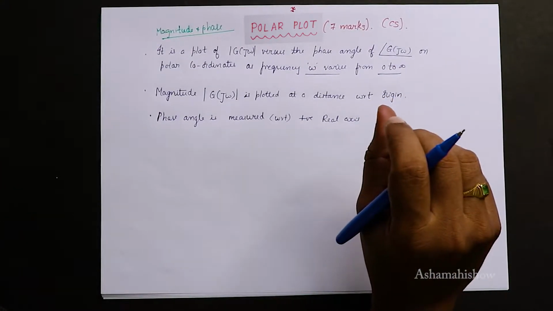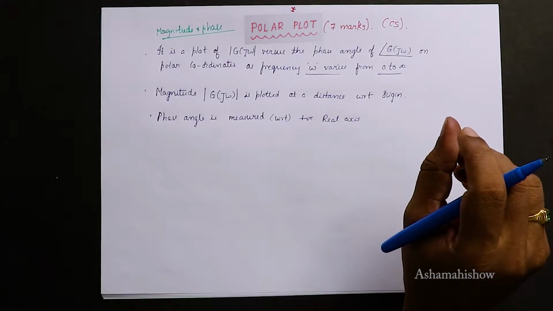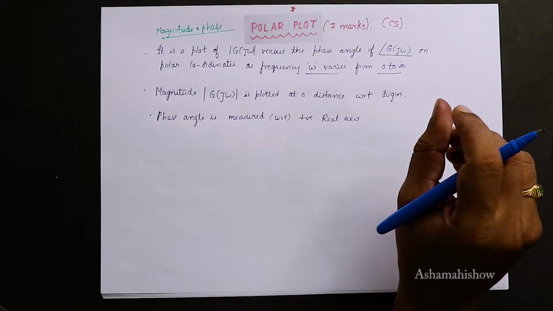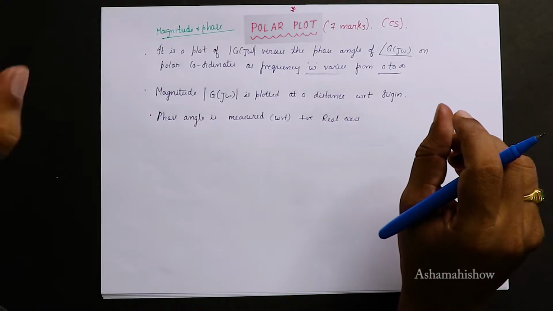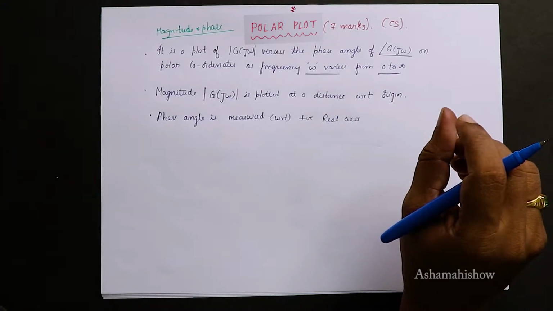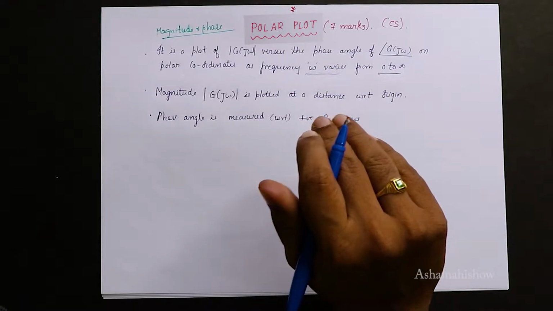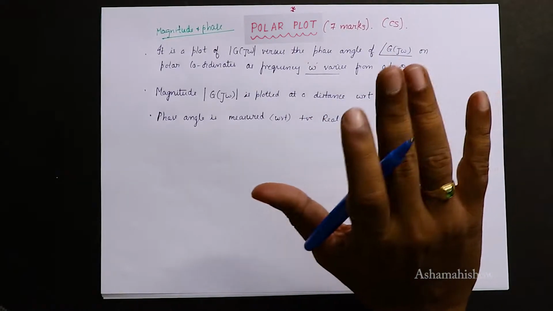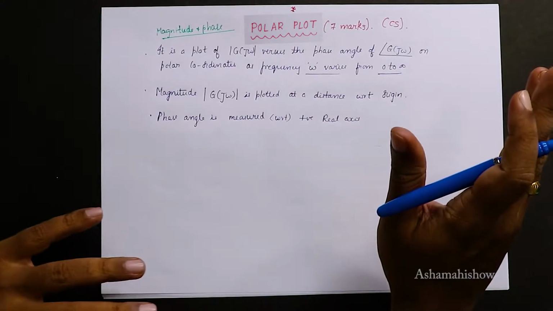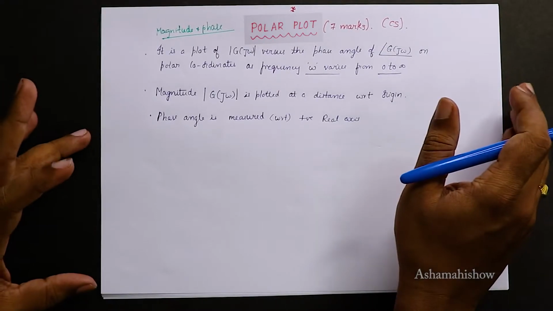So today's topic is the polar plot, and this is a very important topic after the Bode plot. In my previous video, you have seen the introduction of the Bode plot and a diagram also, like how to plot a Bode plot if we are given a transfer function. Now you will be seeing the topic of the polar plot. Polar plot is a topic in the control system subject and it carries 7 marks, and it is not as difficult as the Bode plot. It is very easy.